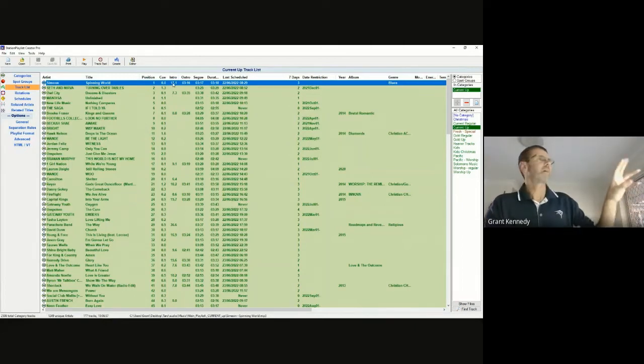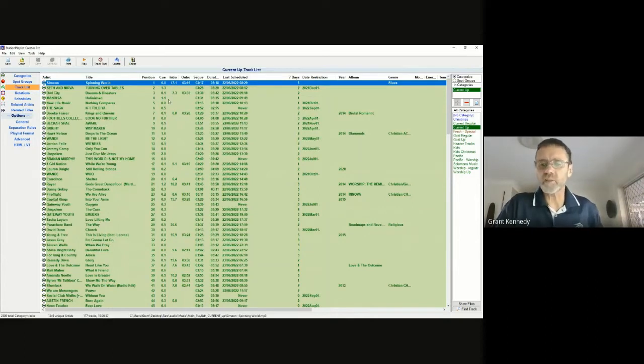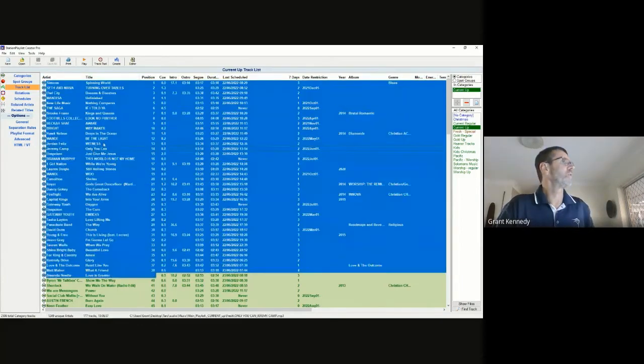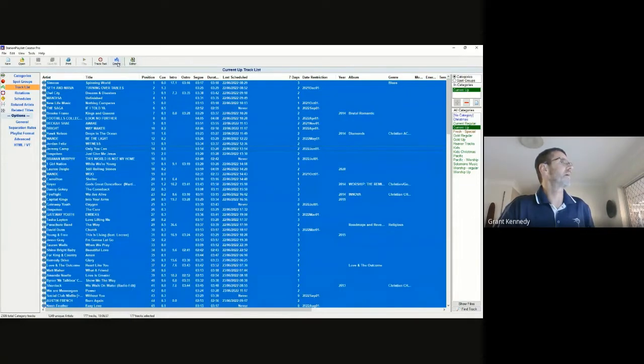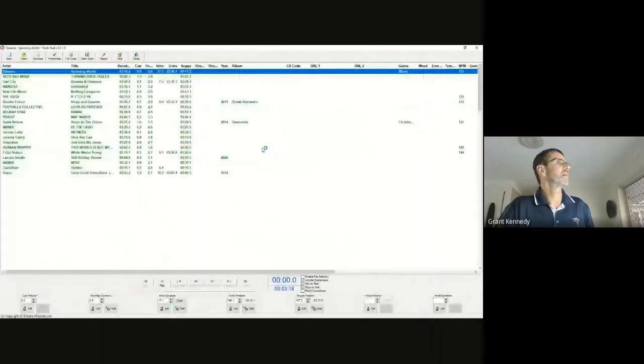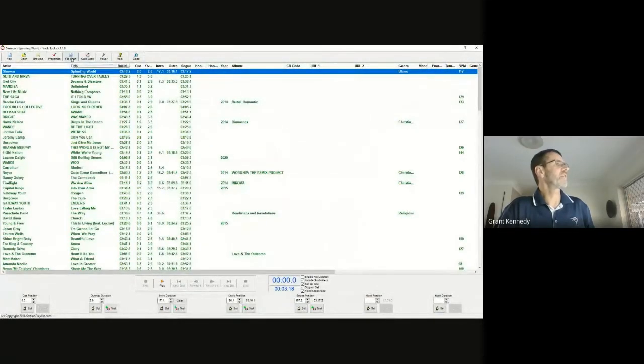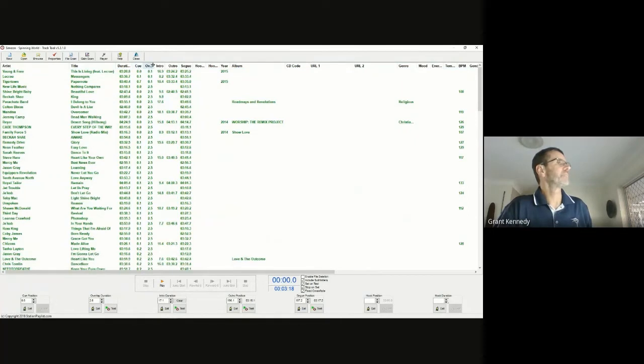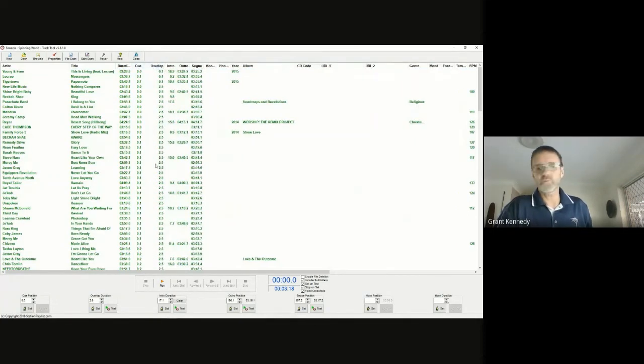Now Station Playlist can automatically find you the cues and the segue and the duration marks for your songs. It will do that as an automatic thing. You just press control all, and then you go into your track tool. There we go, and there they are. Then you can do a file scan, and it will scan them all and give you a cue and an overlap position for your songs.